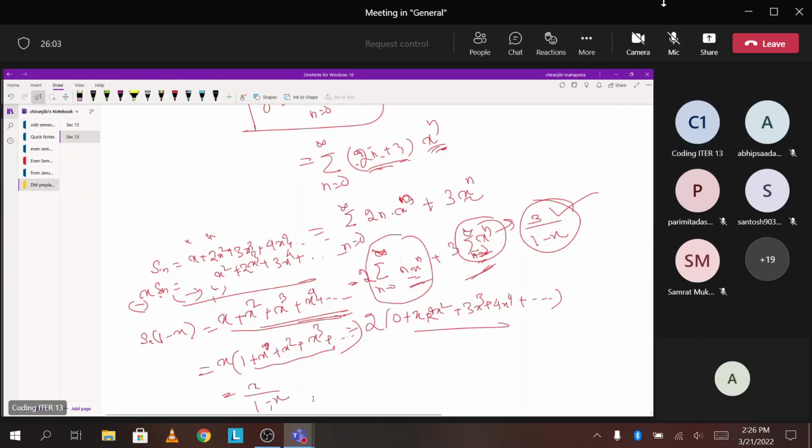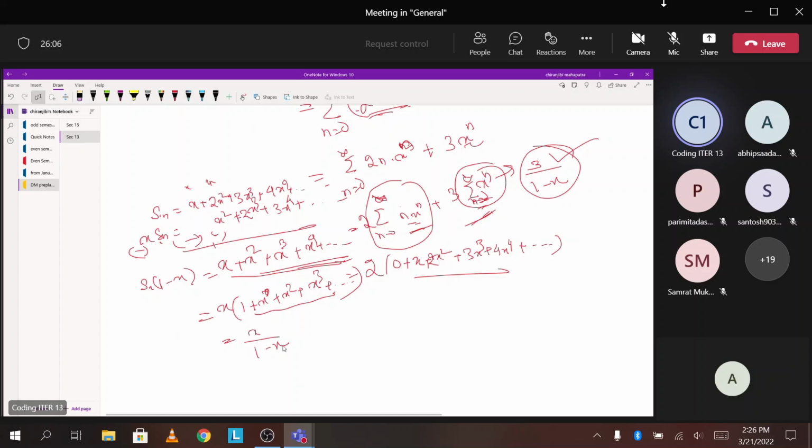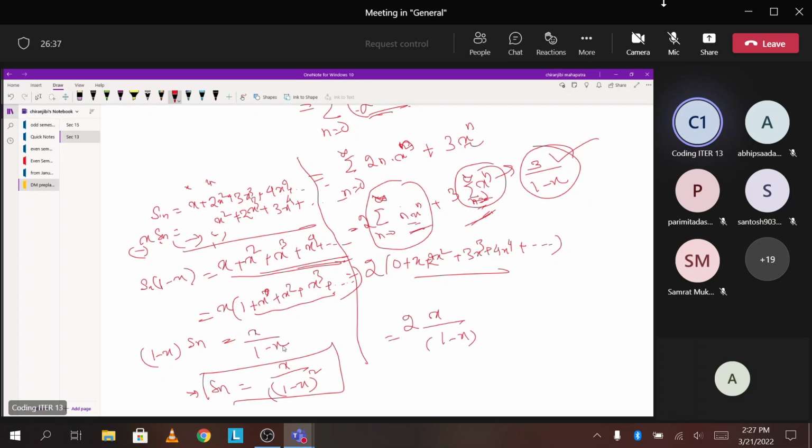So this summation is x by 1 minus x, but whose summation is it? It is 1 minus x into Sn. So that's why Sn, the value, will be equal to x by 1 minus x whole square. Okay, so this is the summation formula. So what we got is 2 into the summation of this one equals x by 1 minus x whole square